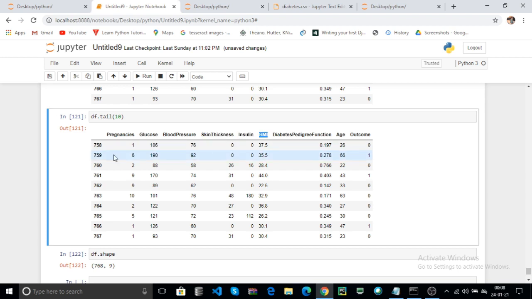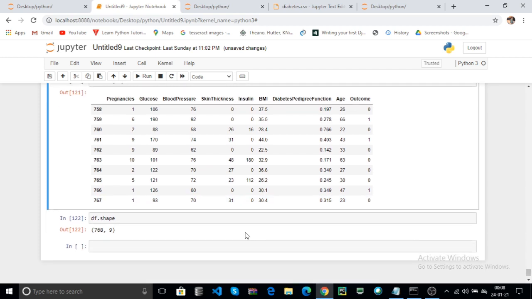The total rows, or records, are 768. It starts from 0 to 767. That means 768 records and 9 columns in your data set. Now we can analyze what the data set contains: 768 rows and 9 columns. This is one analysis.